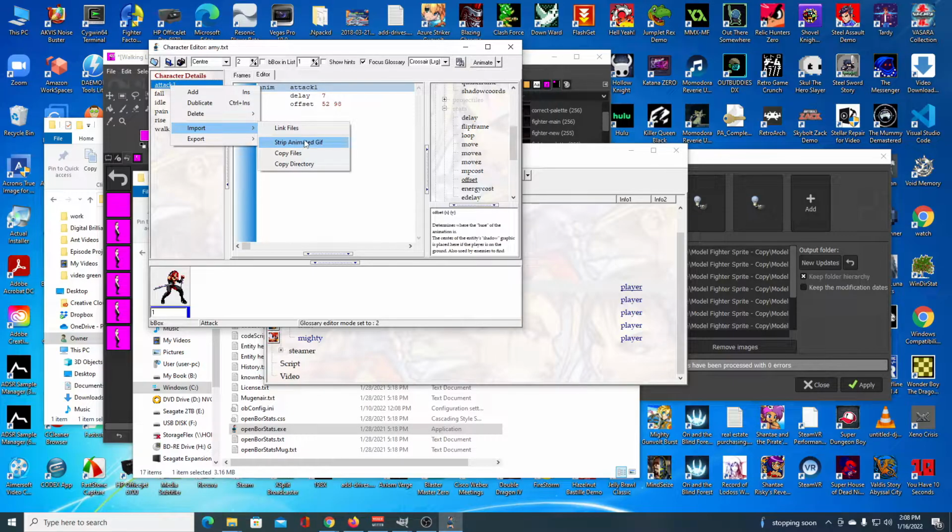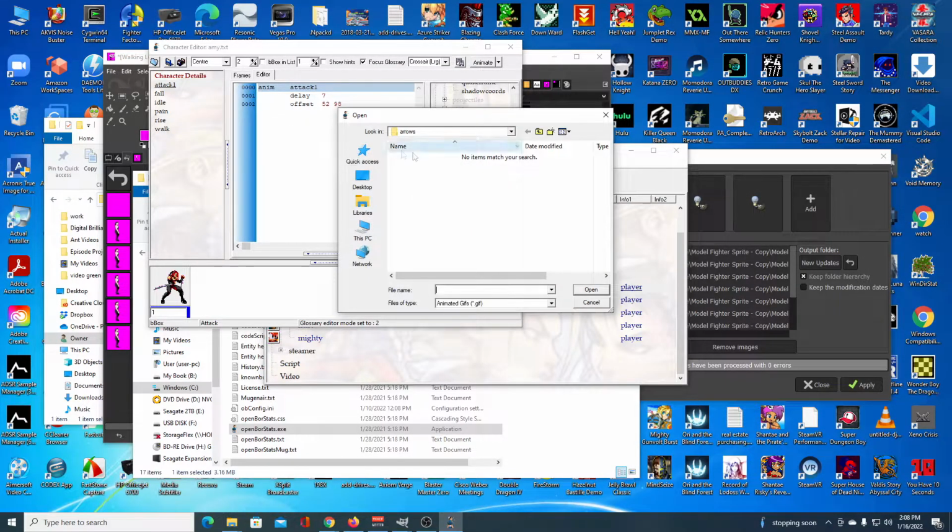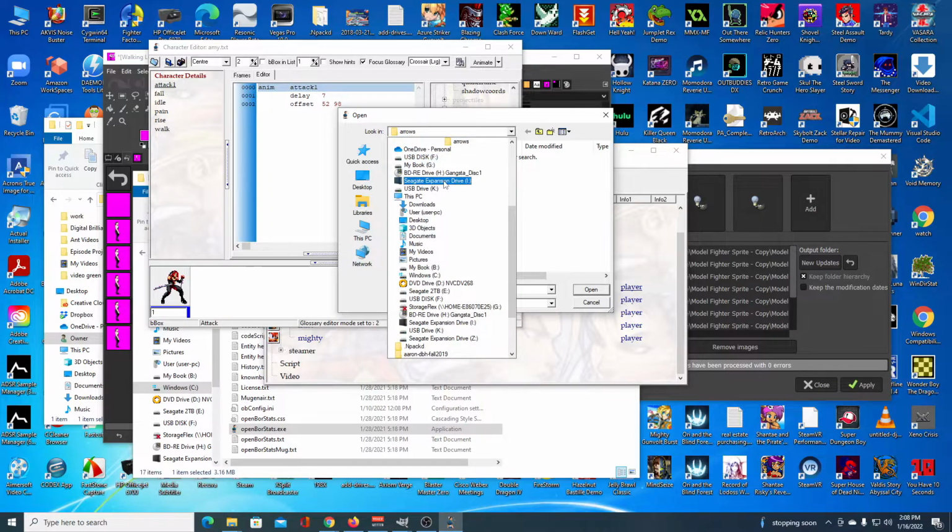You can strip an animated GIF. You can link files, which basically just creates a link to wherever the file exists. Or you can find the file and then copy it to your AMI folder, so everything stays within one folder. So that's what I'm actually going to do. So I'm going to copy the file, and we're going to find